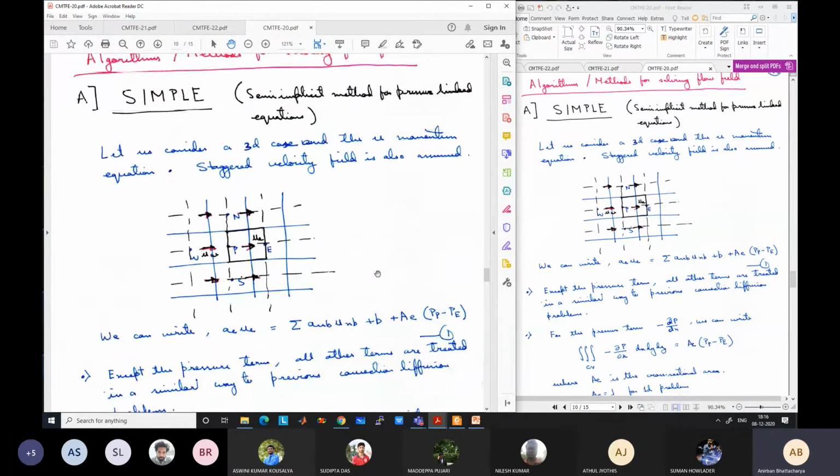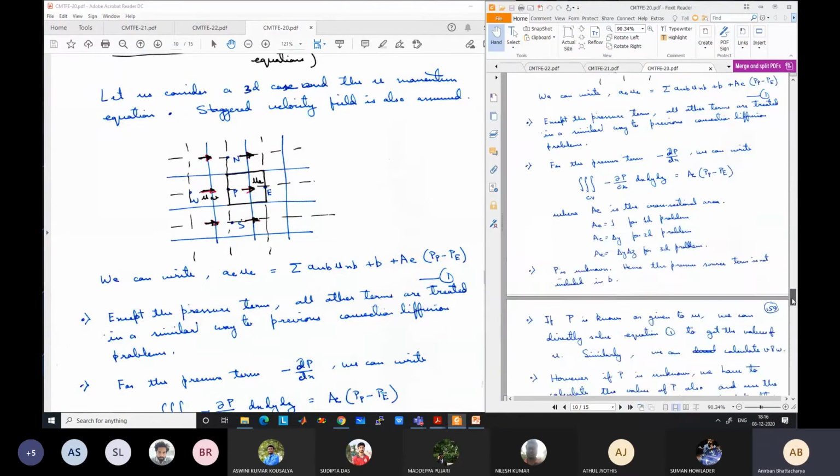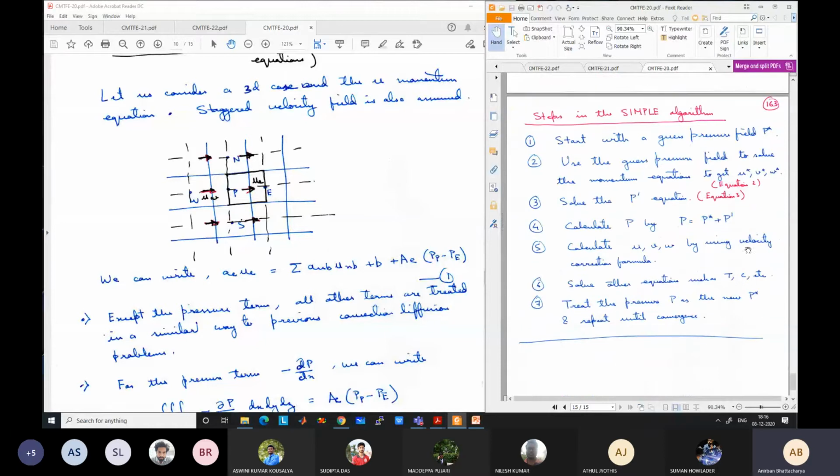Pressure is not given to us. We can take some guess pressure, and if I keep the algorithm open on this side parallelly, we can start with some guess pressure, which we call P star, and solve the momentum equation. The only reason we were not able to solve the momentum equation was that the pressure was not known. Once you guess the pressure, all the other terms, these aE and aNB terms, can be calculated, because these just depend on the coefficients, just depend on the Peclet number, as we know.